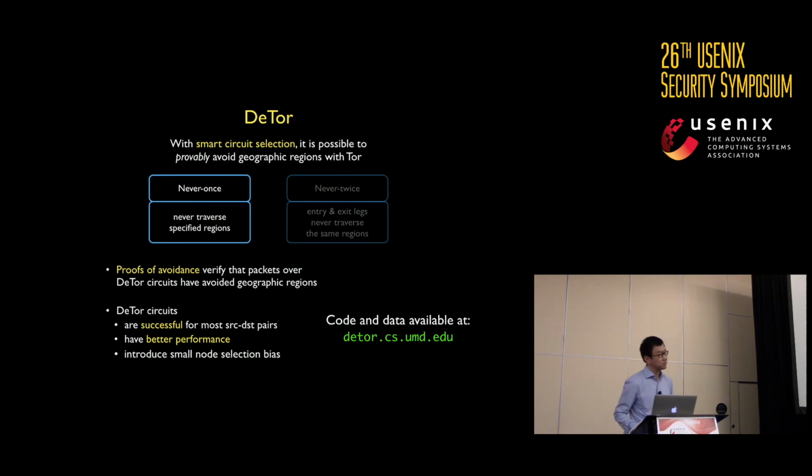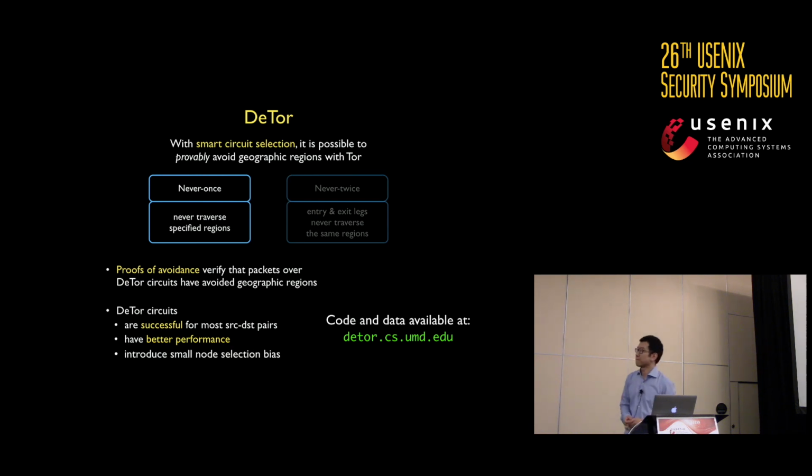Right. Hi. You said there's a slight bias in the node selection. Did you quantify that in any way? If so, how? Yeah, we tried to quantify it and we have the results in our paper. If you want more detail, you can look at that. Basically, because this alibi condition requires low latency, some nodes with higher latency will be less preferable in DeTor, and DeTor will also prefer some nodes with lower latency and better links.